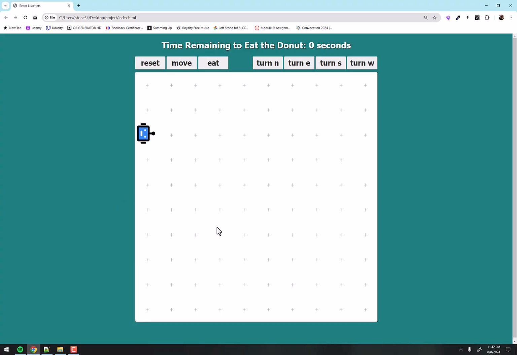So now I'm going to refresh and start moving the robot by clicking this, and as I'm moving, suddenly he won't be able to move anymore because the timer is going to run out. So move, move, move, and soon, oh, now it just happened to get it to the edge of the screen when that happened. Let's do that again just to prove it. So I'm going to wait a couple. Now I'll move 1, 2, 3, and now he won't move. I click the turns, he won't turn, you can't eat, but he can reset, okay?